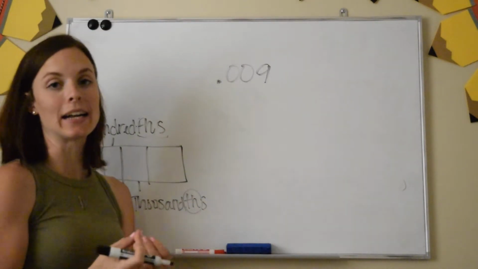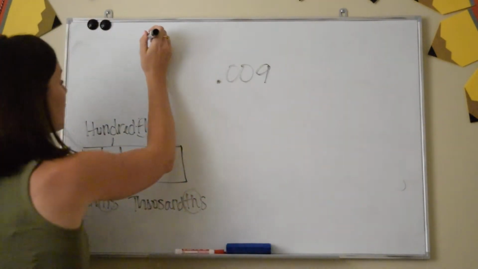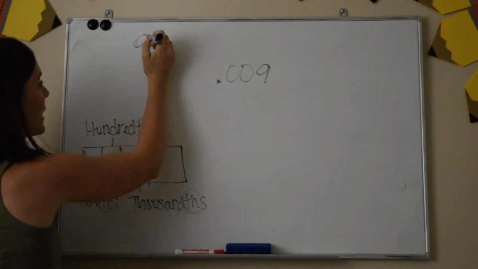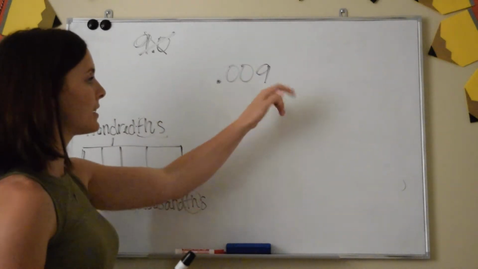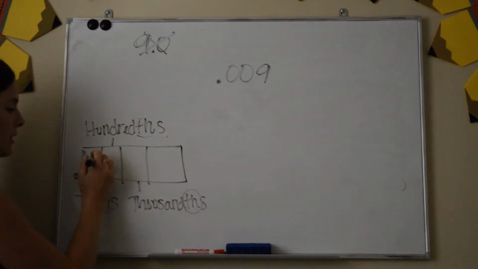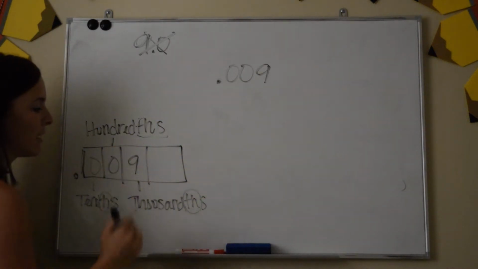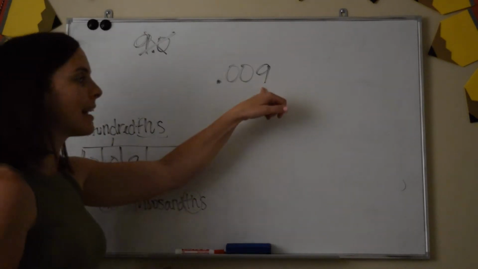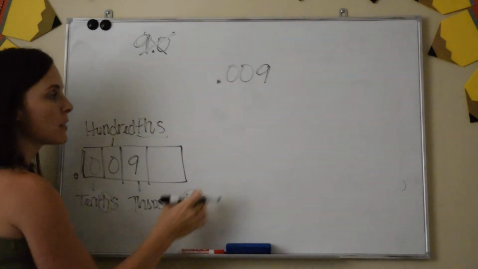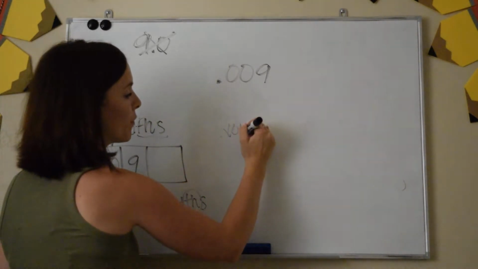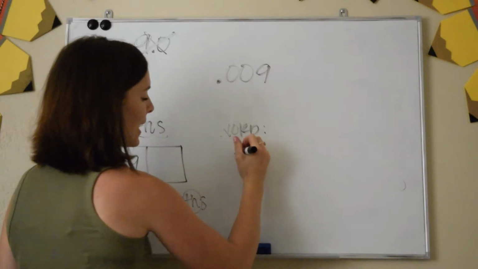Why is it just 9? Well, because it is just a 9. If I wrote it as a whole number, it would just be 9 or 9.0. But that's a different value. This 9 is sitting in the thousandths place. I have a 0.009. And that 9 is the last digit in this number, and it happens to be sitting in the thousandths place. So if I'm going to write this in word form, I'm going to write it as